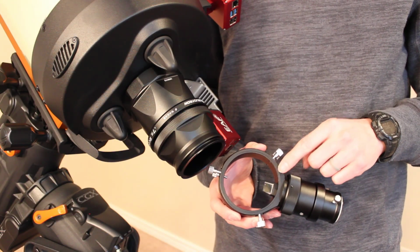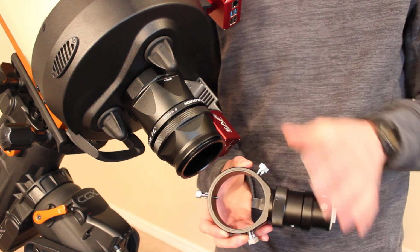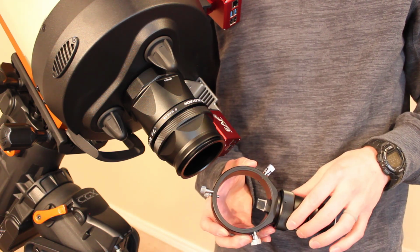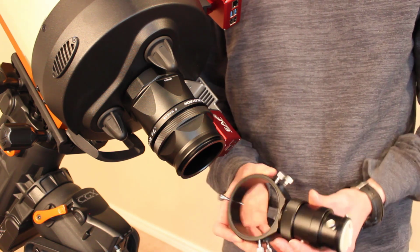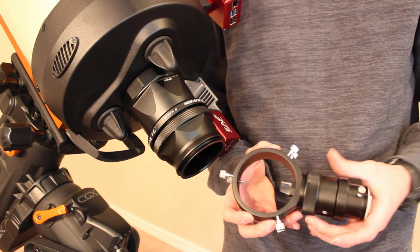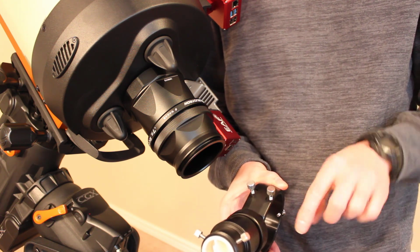Okay, so now that I have the pick-off prism adjusted to where I want it, at least initially, now I just need to install the off-axis guider to the imaging train. I will warn you though, you want to make sure that you get the pick-off prism's orientation correct, otherwise it's not going to work. So you always want the flat wall of the prism to be facing the telescope. You never want the angled side, or the hypotenuse I guess you could say, to be facing the telescope. So just make sure that flat wall is what's facing the telescope, and then the angled side is facing the